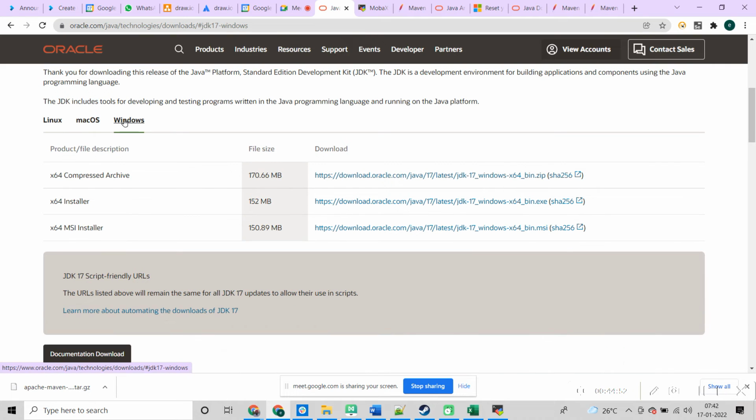Go to Windows. There you can download anything, x64, MSI or anything. Better you go for the first option.